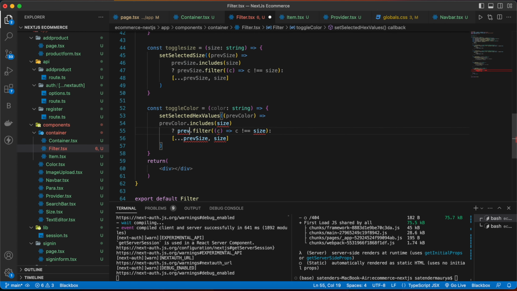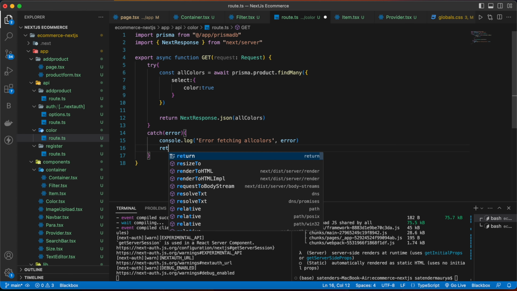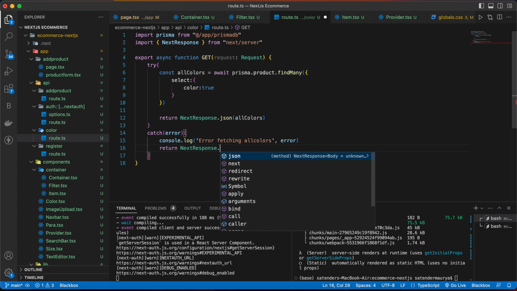So write await prisma.product.findMany, and inside that we are going to select color to be true, and then we are going to return NextResponse.json allColors, and then we are going to catch any error. console.log error fetching all colors, and then return NextResponse.error.